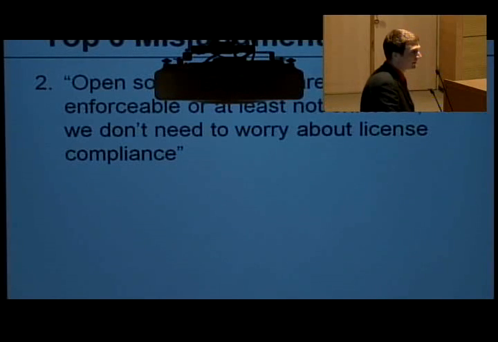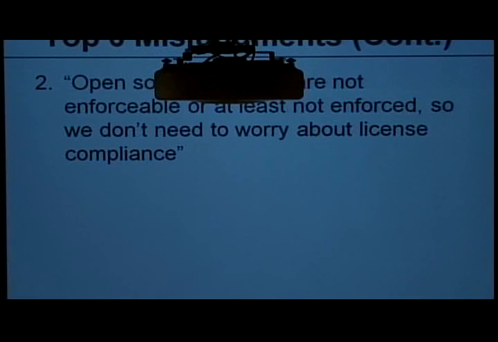Another epic failure is to think open source licenses are not enforceable, or at least they are not enforced. That they are enforced, we see here. Harald Welte is here today. He is the founder of gplviolation.org, and they are enforcing the license. Also, others do. And now that more and more companies are using open source and fairly contributing to source code, you will also see more and more companies enforcing the licenses. Because, of course, if they have to share the intellectual property, and then they see other companies using it, maybe even their competitors, and they don't share back the source code, then, well, they will enforce the license.